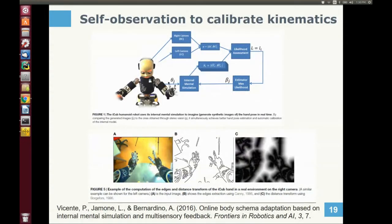Okay, so we talked about self-contact. The other possibility, how you can basically close the loop, how you can connect. You always need to connect more than one kinematic chain. You need redundant information for you to learn, for you to have something to minimize. And the alternative is to use what is called self-observation, which is, rather than touching, you look. So either you have a marker and you look at the marker on your, let's say, wrist,